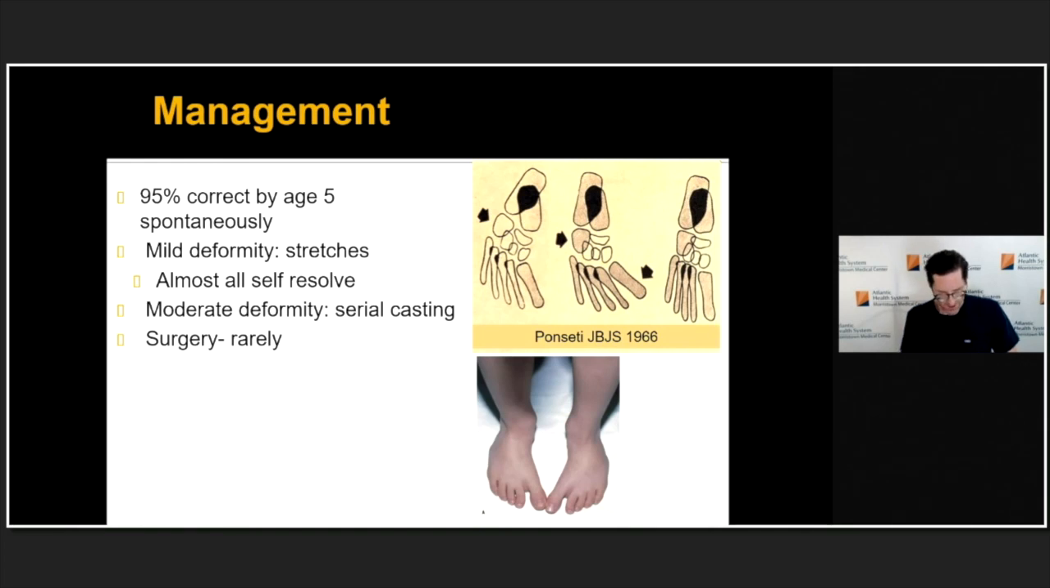So two quite different conditions, both in etiology and natural history and outcome. And I'll leave it